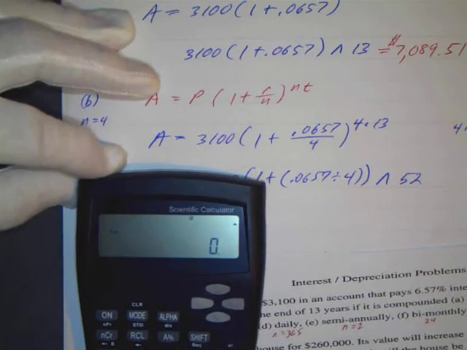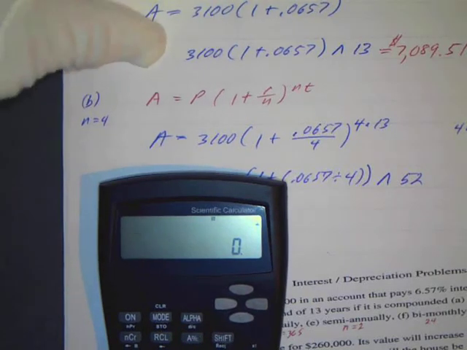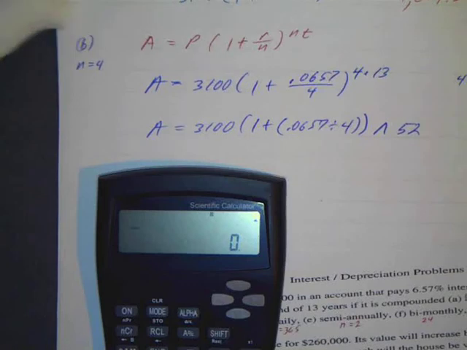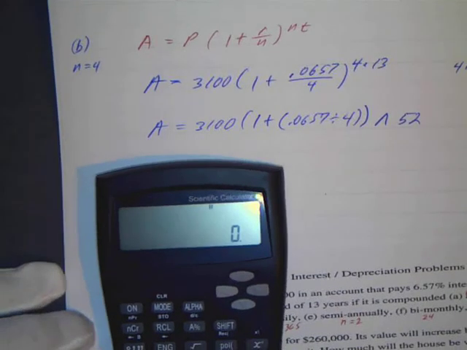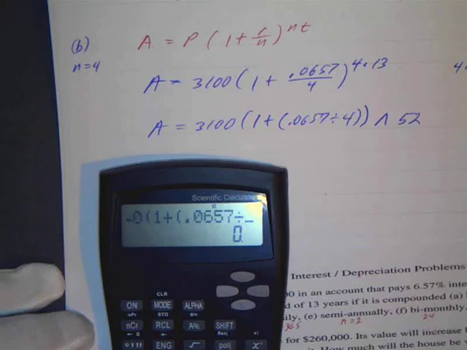And you got your calculator in front, so you should be able to figure out the keystrokes. That shouldn't be too much of a challenge. So first of all, I'm going to do it like this. So just watch those parentheses around the fraction. That's why I want you to write these things out. So we've got 3,100, parentheses, 1 plus, and the parentheses for my fraction, parentheses, all right? And then I've got 0.0657 divided by, and then I've got 4,